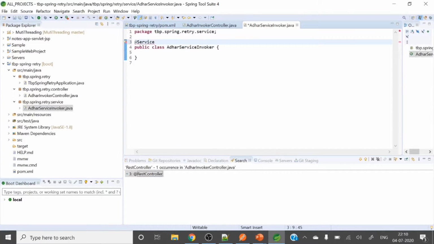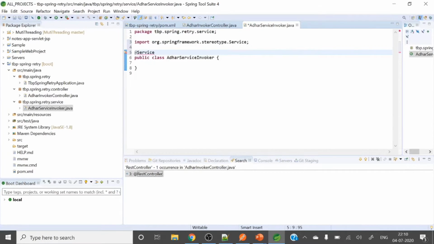This is a stereotype annotation. We all are aware of this one. So here let me take one method, public String invoke. Invoke looks good, right?